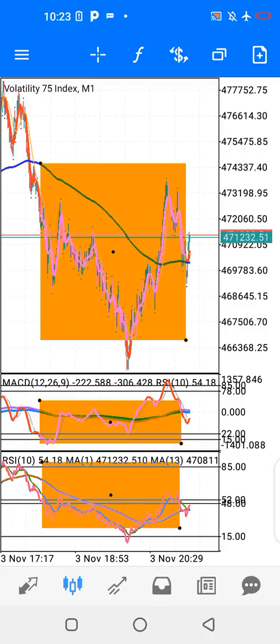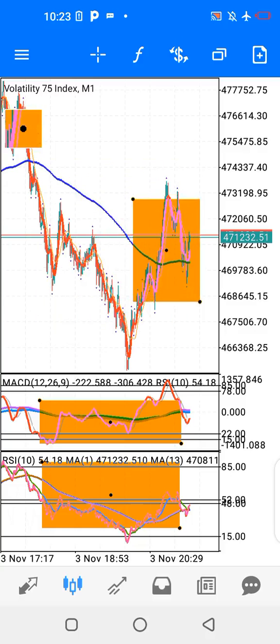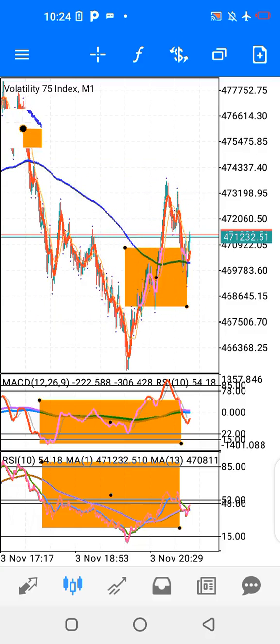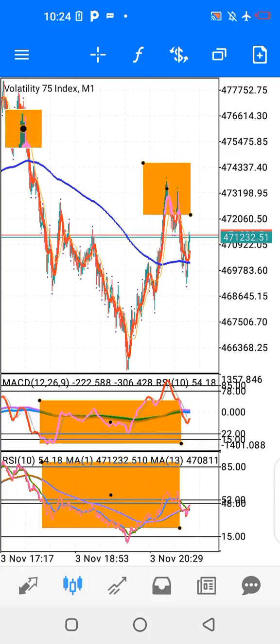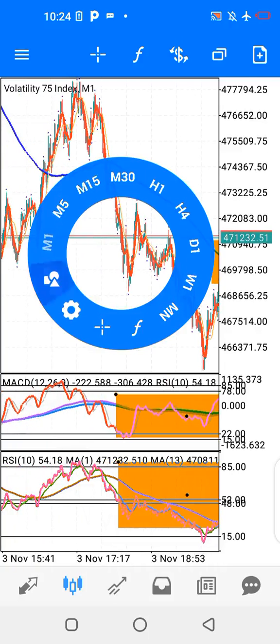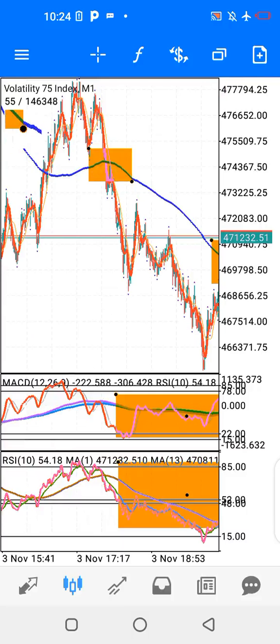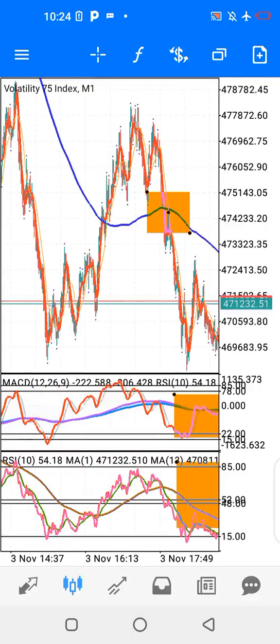Let's look at the main chart. I have a crossover here. As soon as I have something like this, I can scalp buy. I can buy for a very short time and take profit. As much as the red line crosses the blue line here, or I can scalp sell around here, scalp buy